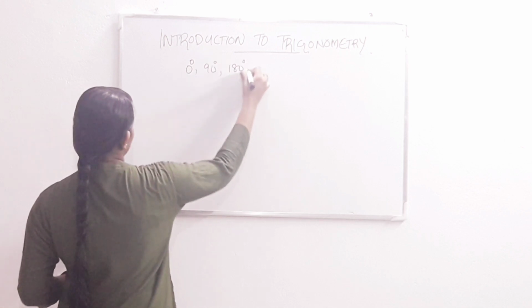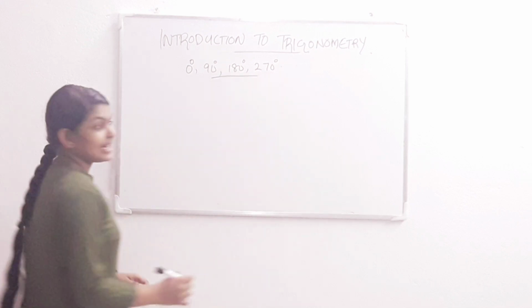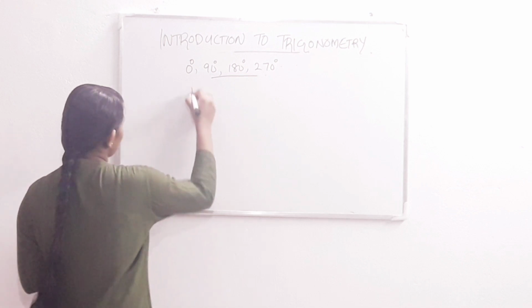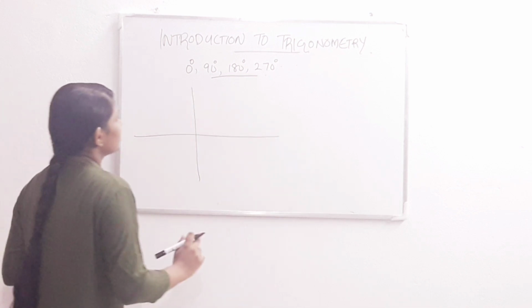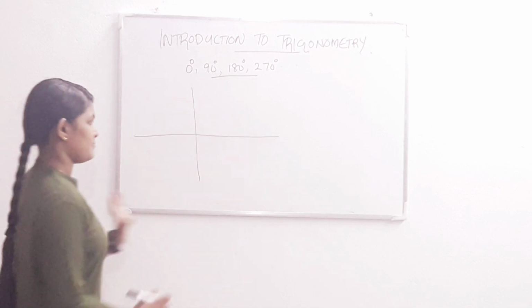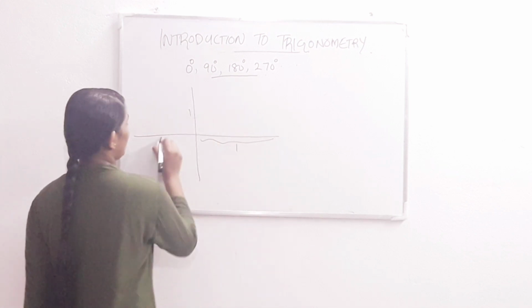Okay, now we can discuss the values of trigonometric functions of angles like 0 degree, 90 degree, 180 degree, 270 degree, etc. Okay. So there is a shortcut to remember this. First of all we have to consider a coordinate system. This is x-axis and y-axis. Okay. So now we have to consider the distance from the origin to each of these points as 1. This is a shortcut to remember. So we take this as 1, 1, 1, 1.